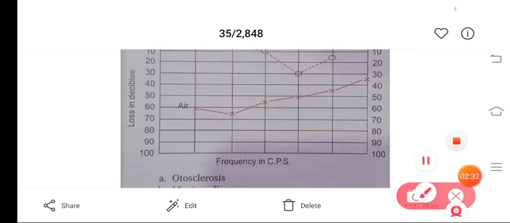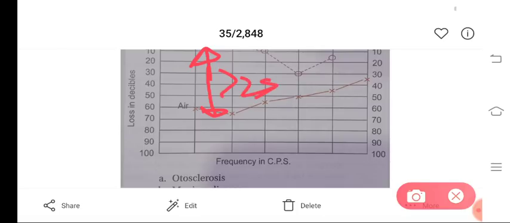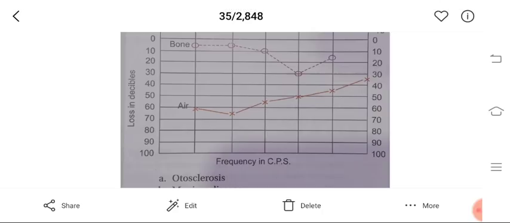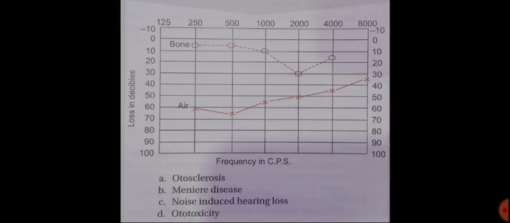So what is an air-bone gap? Basically, it is the difference between air conduction and bone conduction greater than 25 decibels. You have no time to calculate; just see that there is a wide gap between the air conduction curve and the bone conduction curve. That makes your diagnosis of conductive hearing loss in an easy way. For more description, you can watch that video. Among these options, what other things can fit into the diagnosis?